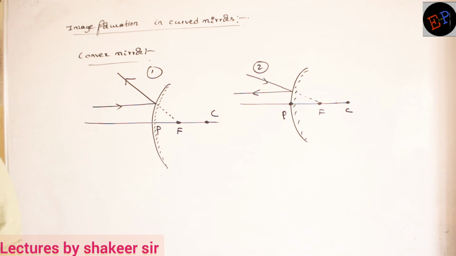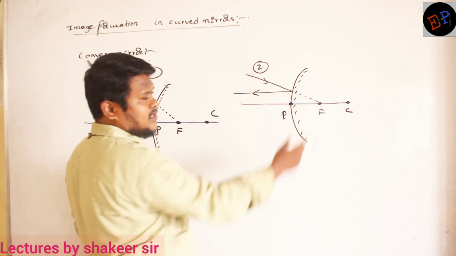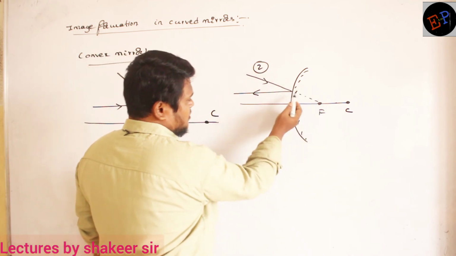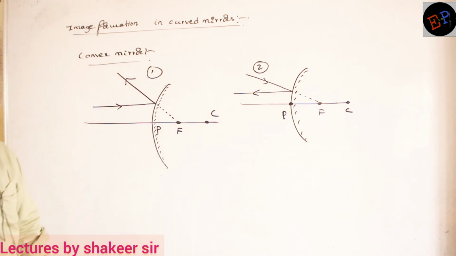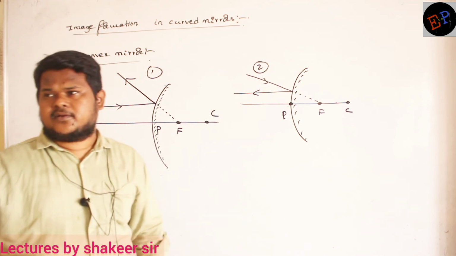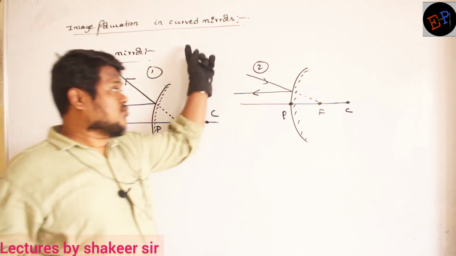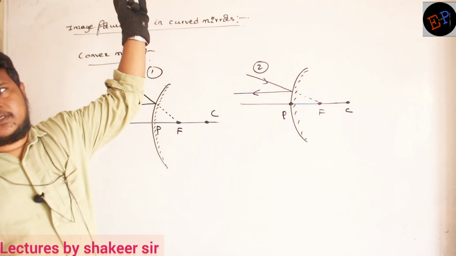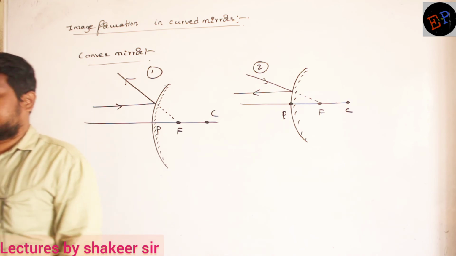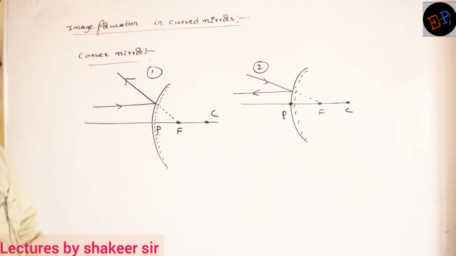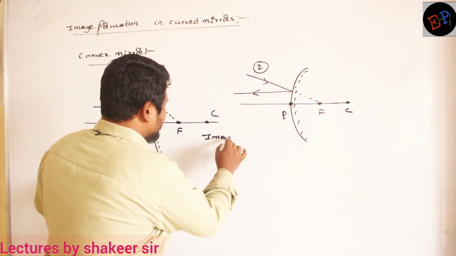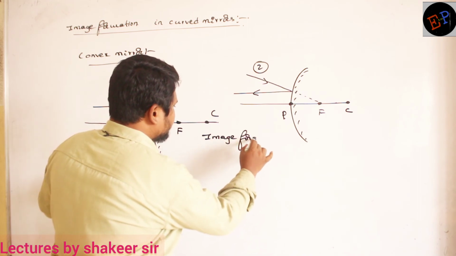Here also same condition, but the problem is you can draw only virtual light rays. Okay, light ray passing through the focus, but how it will be reflected? Parallel to the principal axis. So this is representative ray number 3. Similarly, you can write 3 and 4 also. Light ray passing through the center of curvature retraces the path. Light ray falling at an angle of theta at the pole is reflected at an angle of theta also. No need of drawing once again. Clear? Now let us see the image formation.